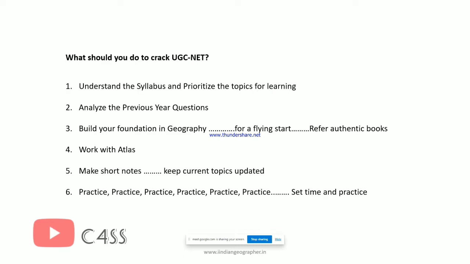So what should you do? The first thing is to understand the syllabus of your UGC NET program. Most of your PG syllabus or your degree syllabus will overlap with the syllabus given by the UGC NET examination, right? So here you need to learn to prioritize the topics for learning. By prioritizing, what I mean is, you need to look at the